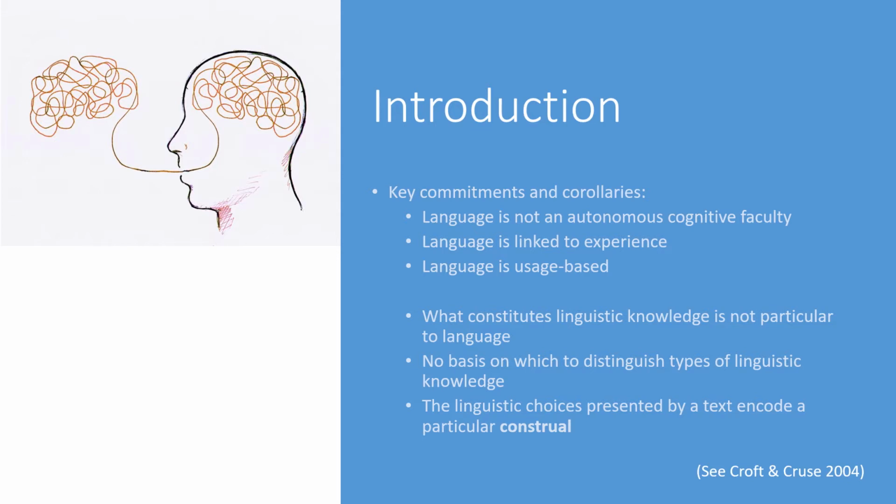To say that language is linked to experience similarly goes against generative grammar as well as truth conditional and structuralist semantics. According to cognitive linguistics, language is linked to experience in two ways. First, language is grounded in experience, with the meanings attached to words, phrases, and grammatical structures being derived from the kind of experiences we have of our bodies and our interaction with the physical environment, as well as the kinds of experiences we have as members of a given culture.